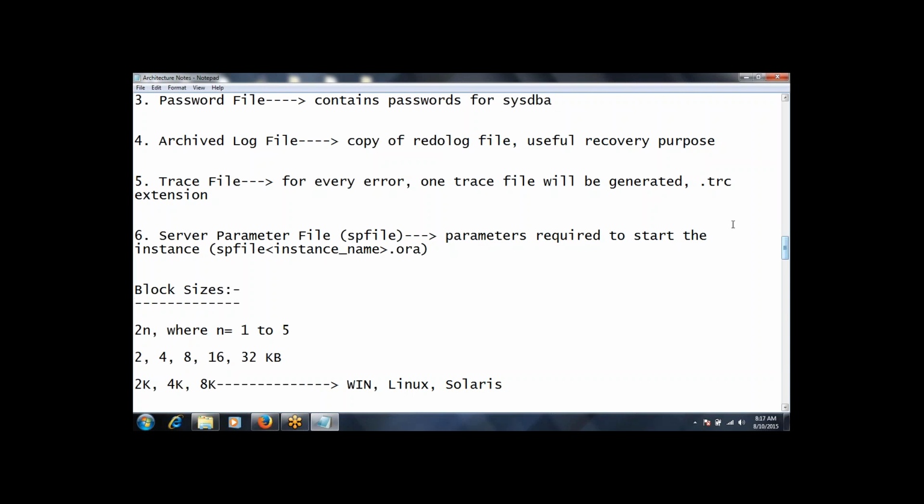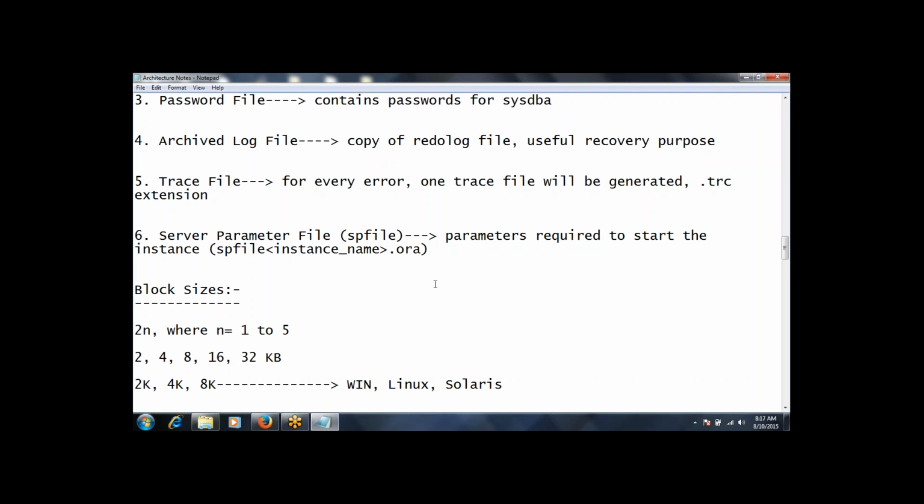Okay, that we'll see in detail, how it can be done. It also contains the same parameters that the P file contains. P file is a text file where we can see all the parameters, like how we are seeing this file now, a notepad file. Whereas SP file is a semi-binary file.